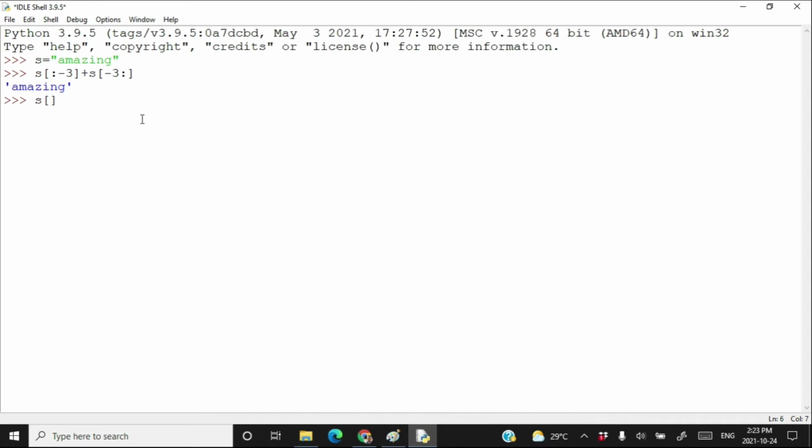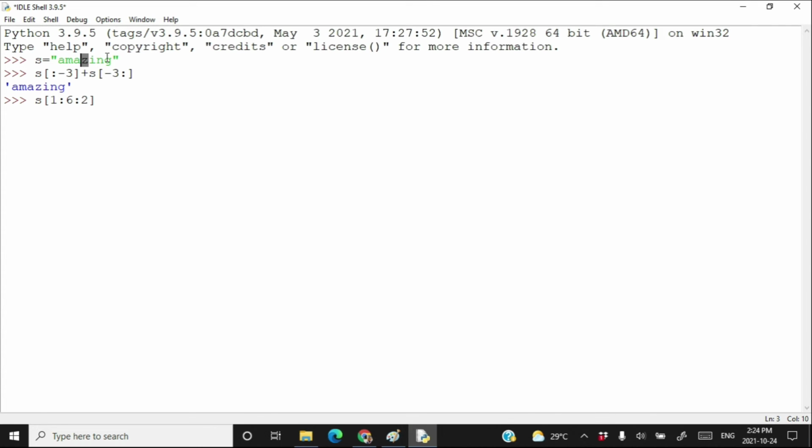Yes, you have to start from 1, you have to go up to 6, but here the step count is 2. That means you start from the index number 1, pick the character at index 1, which is M, then jump 2 characters. From index 1 go to index 3 and take that character also.